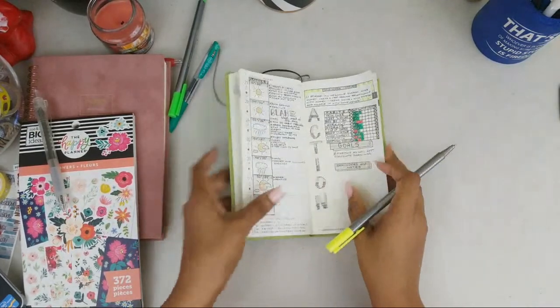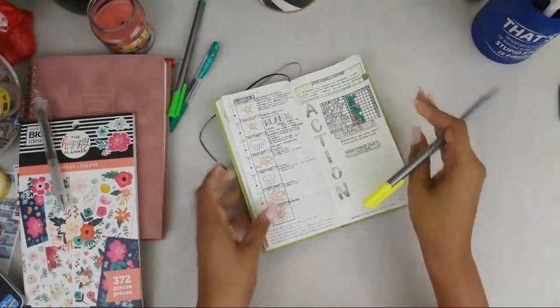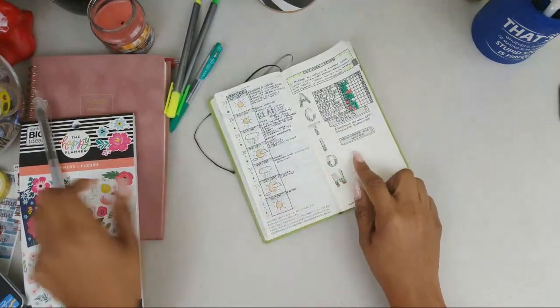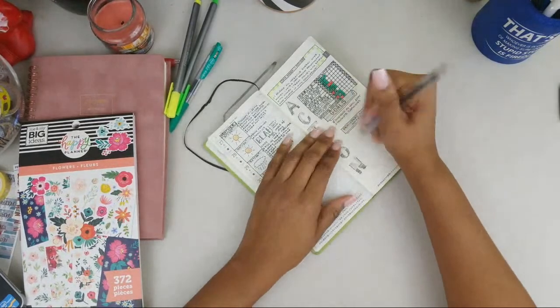And again, I just wanted that to kind of highlight around it. Is it necessary? No, I just like it. Okay, so that's that. So remember, we have those two goals and then reminders and notes. So I can go in here. Remember, I already scheduled my nail appointment, so I can just go in and put